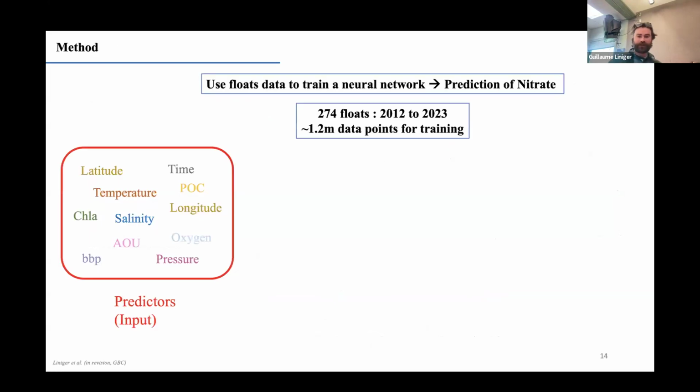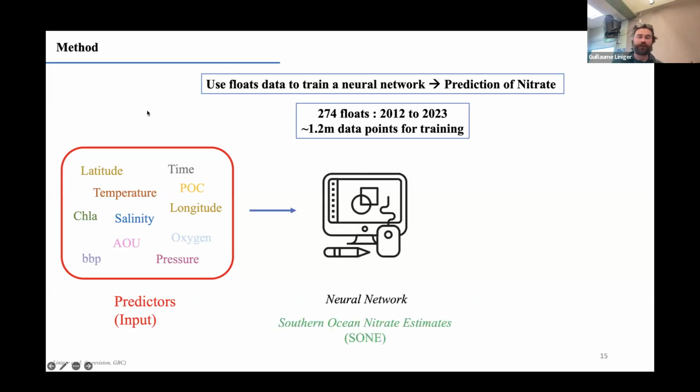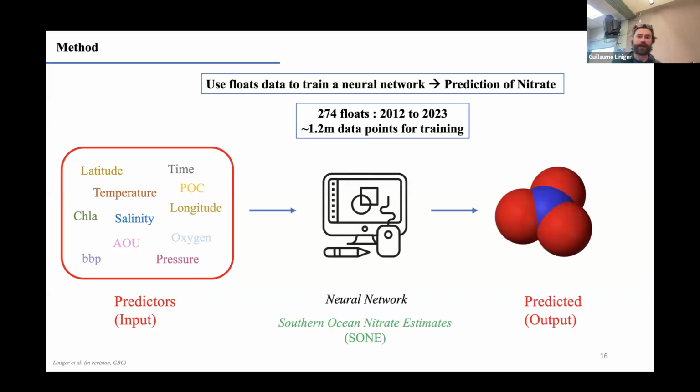Now, how do we do this? We train 5 different neural networks to predict nitrate. So we take our BGC Argo float dataset, which is about 300 floats from 2012 to 2023. We use 80% for the training and we retain 20% for the testing. So we have a whole bunch of different predictors that we put in our different neural networks and that predict nitrate. So we tried a whole